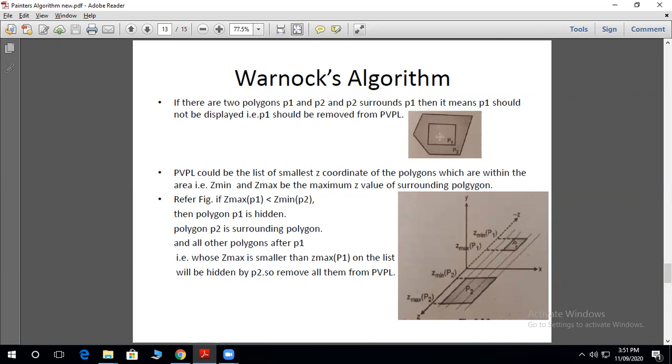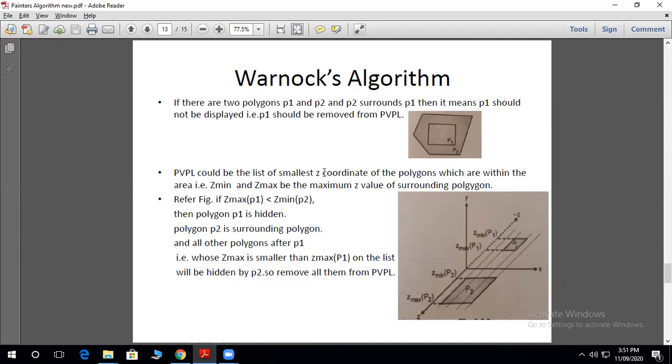If there are 2 polygons, P1 and P2, and P2 surrounds P1, then it means P1 should not be displayed, that is, P1 should be removed from the potentially visible polygon list.